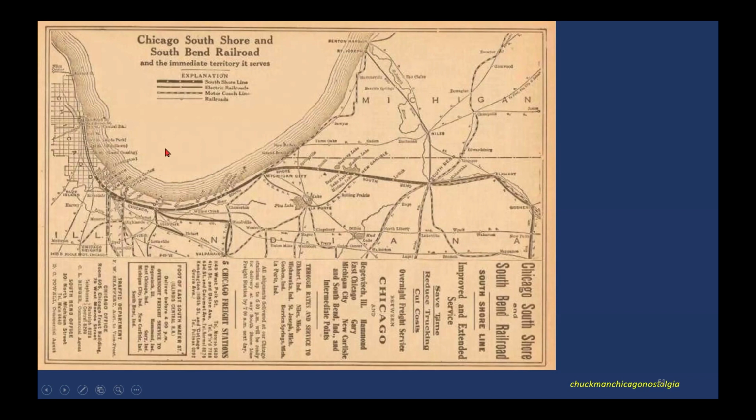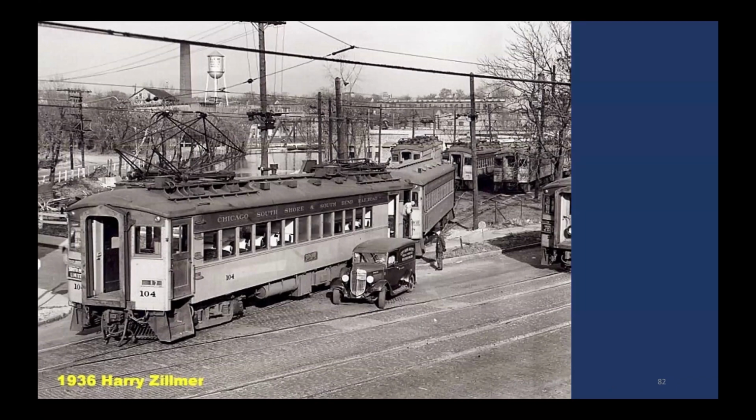So the South Shore Line also got off to a kind of difficult start. They had originally electrified with really bulky AC propulsion that really was still in its infancy, and it had caused all kinds of difficulty. It was heavy. The railroad didn't have a lot of business. It was a substantially undeveloped area. Gary was just developing as the company town for U.S. Steel. It ran along what's still very sparsely populated territory, except for Michigan City, all the way to South Bend. So Chicago Lakeshore and South Bend